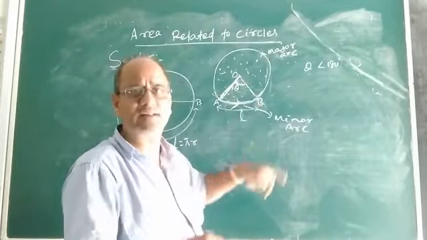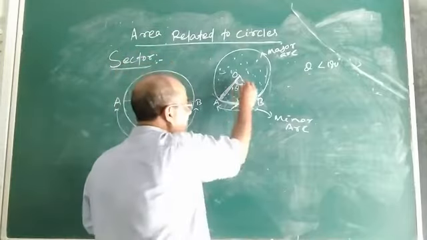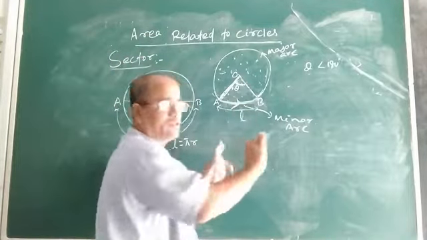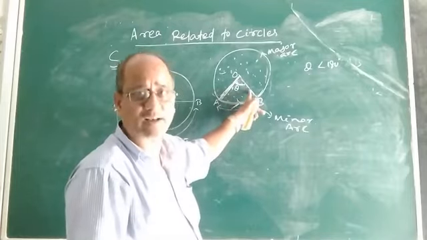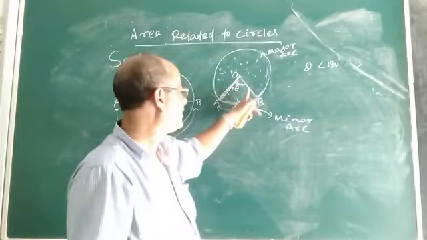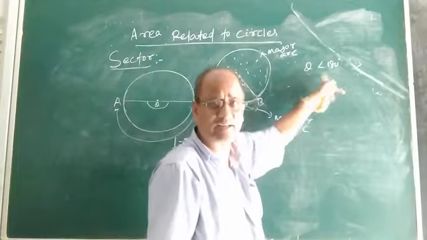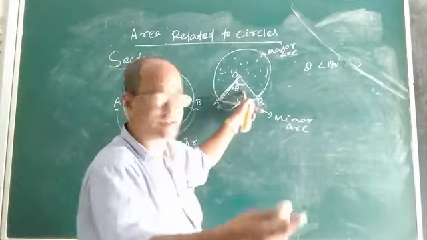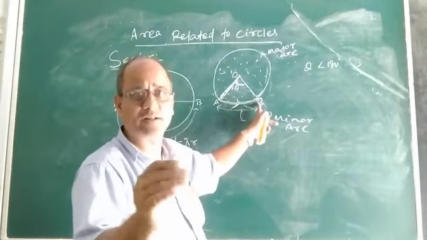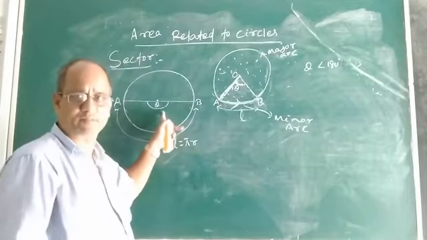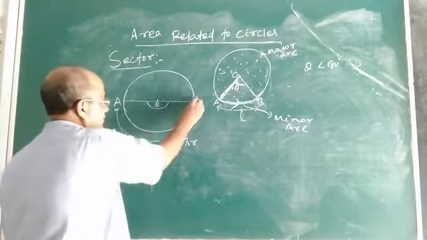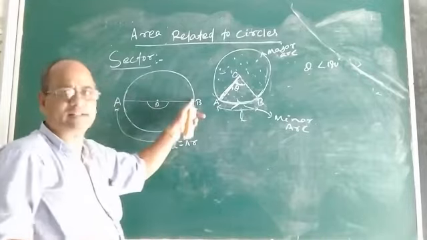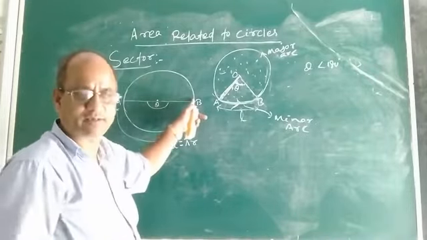If theta increases, then the length of arc will also increase. No doubt, if the value of theta, that is sector angle or central angle, whatever you say, which is less than 180 degree, increases, the length of arc will increase. Now look at this figure. This is also an arc, and this arc is nothing but a semicircle.